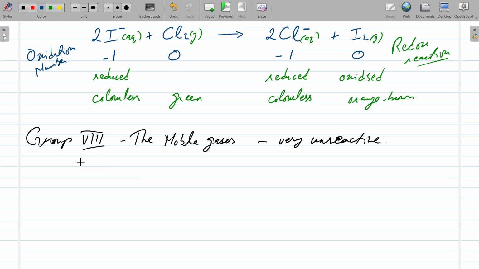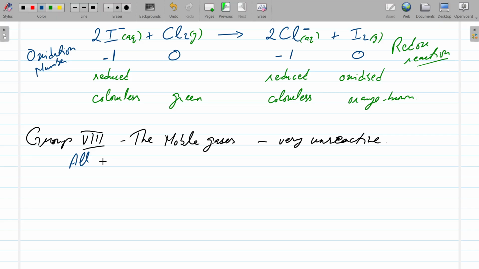We've talked about the trends of the groups: there's an increasing number of valence electrons, or electrons in the outermost shell. Except for helium, which has only 2, all the other elements in this group have